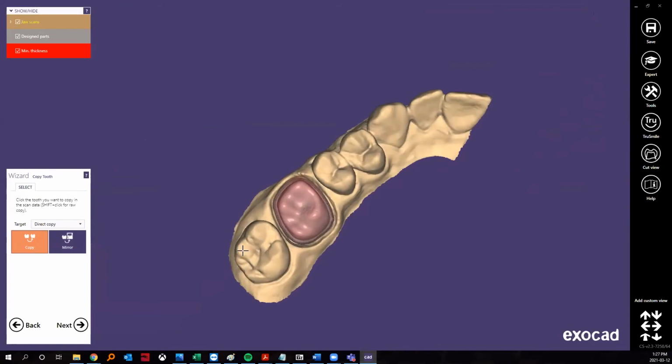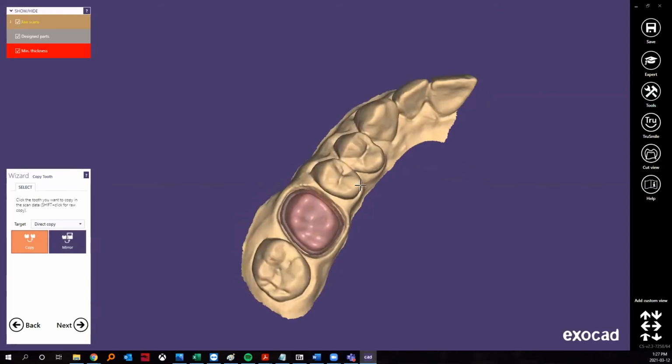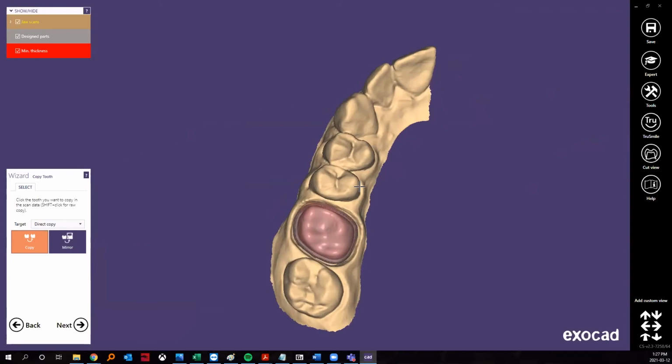So if I wanna copy this molar, I like it and I want it to be here, then I can do that by doing copy, clicking on this tooth and bringing it over. If I have a full arch scan and I want to copy the quadrant, the molar on the other quadrant, I can say mirror, and then when I click on that tooth, it's going to automatically rotate it and bring it into this position. So if you like mirroring effects and making sure the teeth resemble each other, it's a great tool. If not, by just hitting next, it's going to bring me to the step where I have access